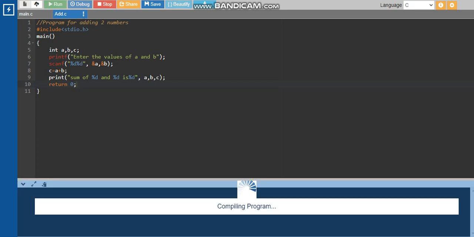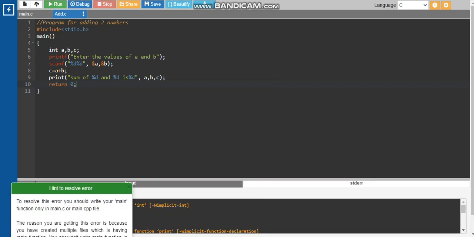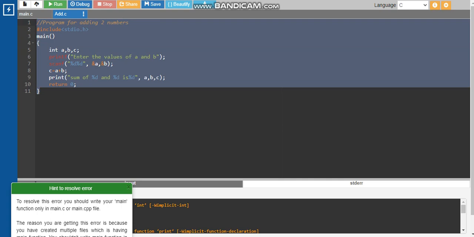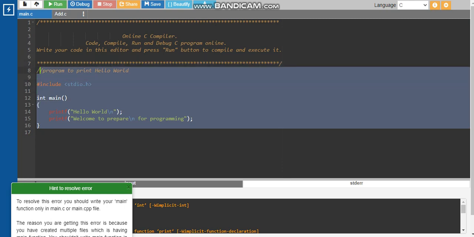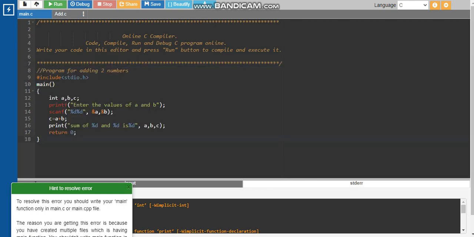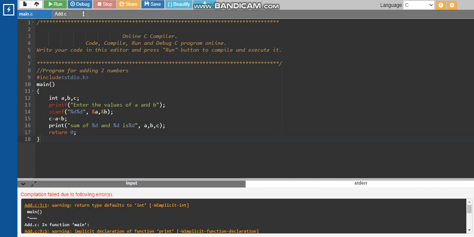So when we run it, you should write your main function only in main.c or main.cpp. So now what I will do is copy all of this, whatever the program that I want to execute, I will bring it to main.c, and over here I will write the program. Since it is an online compiler, it wants me to write the program in the main function only.